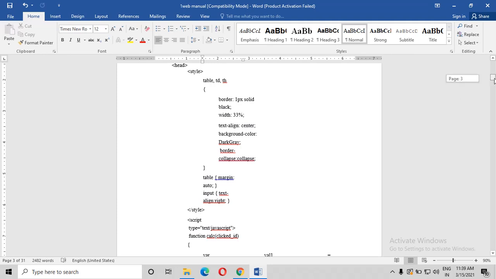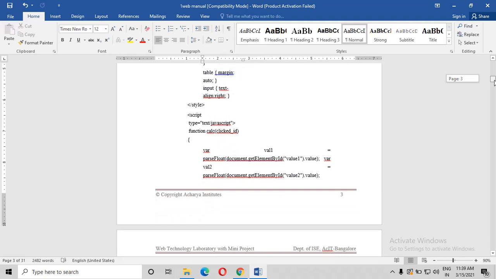And we have gone with variable 1 and parseFloat. What is this parseFloat? Please do remember, the parseFloat function is an inbuilt function in JavaScript. It's already there. It is used to accept any string you are using, and it converts that string into a floating point number, a decimal number, right? What is an integer? The whole number. Float means we use decimal numbers.